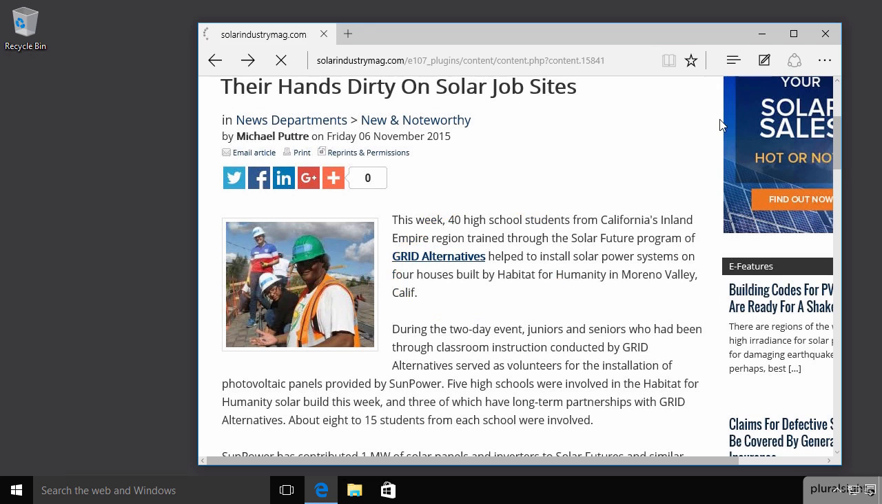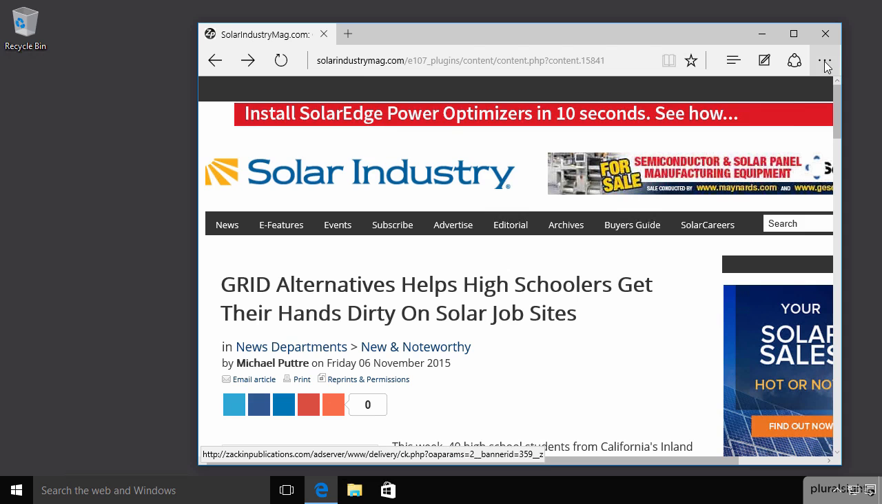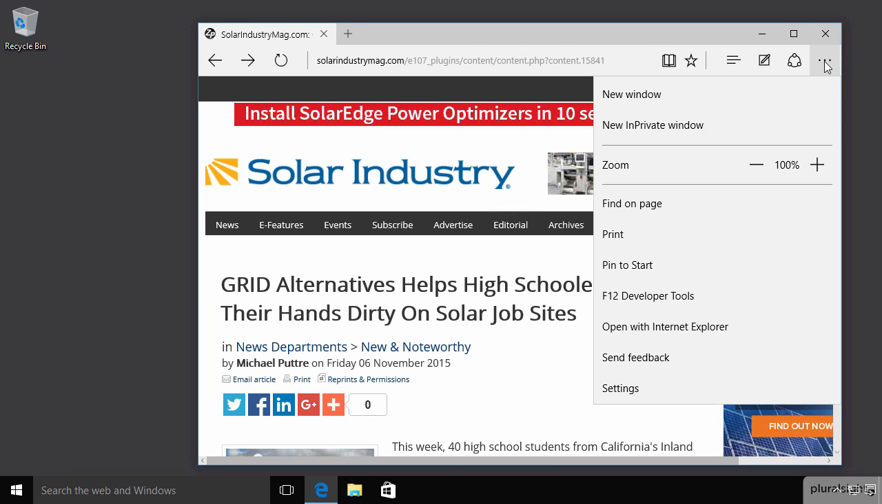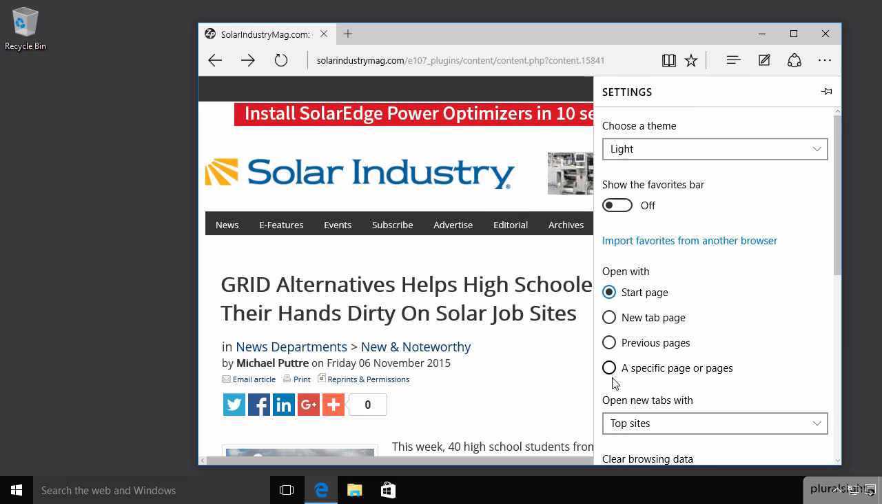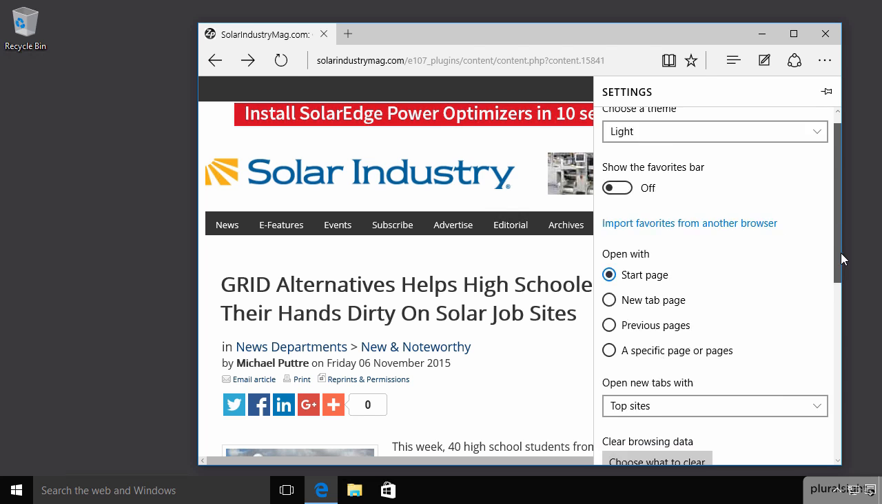As soon as I exit out of here, the more actions capability is over here on the right. So I can choose that, and I can see that Edge supports in private browsing, as we talked about in the context of IE. I can also open this page in IE. For example, if I discover that it needs ActiveX support, there are developer tools available, and I can also go to settings and see a lot of things here with respect to the user interface, how I want the browser to open,